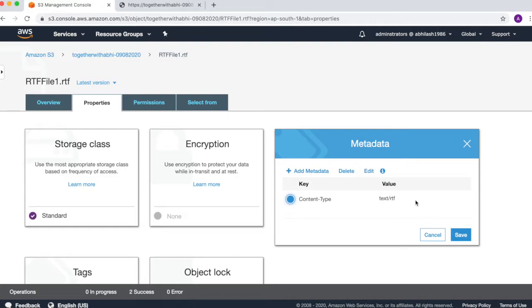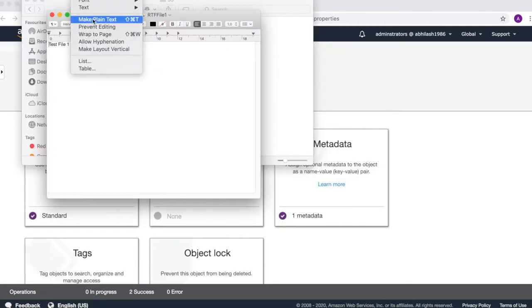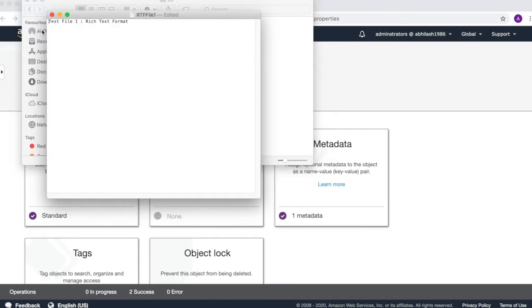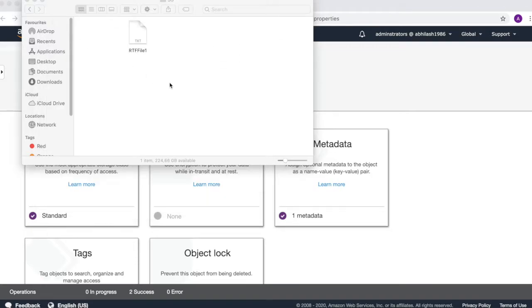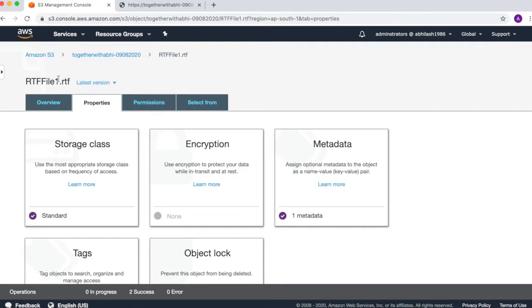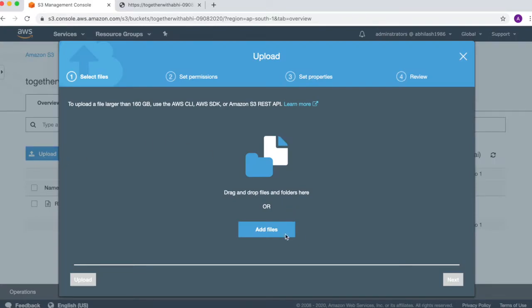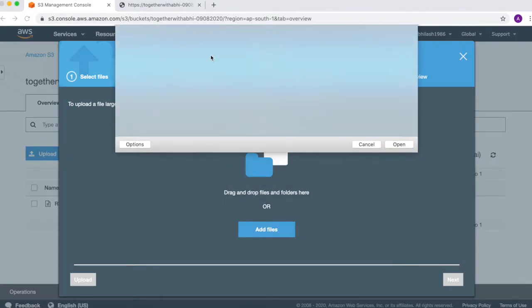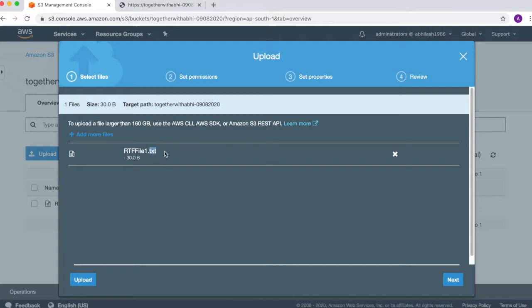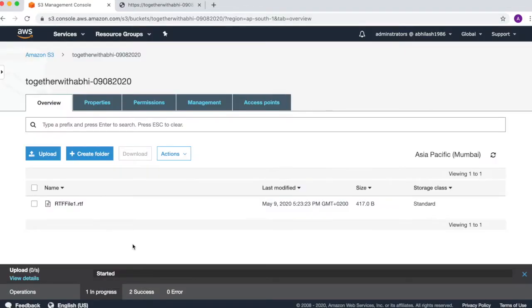But if you want to show the actual content in the browser, we will have to make it plain text. So now I have converted the file from RTF to TXT format. Now let's try to upload this new file which is of text format. So we go to upload, we add the file. The file is rtf-file1.txt. Note, this is a txt file. Now we upload this file.